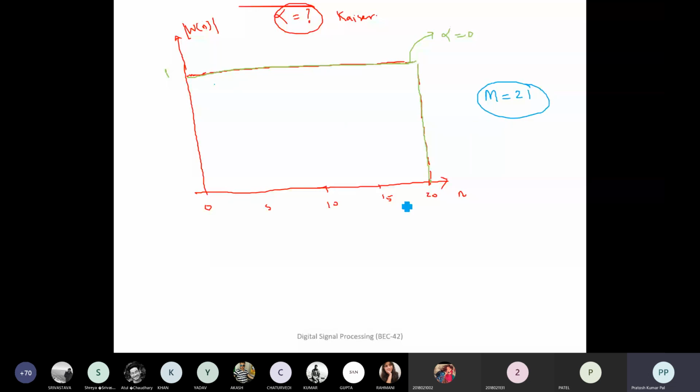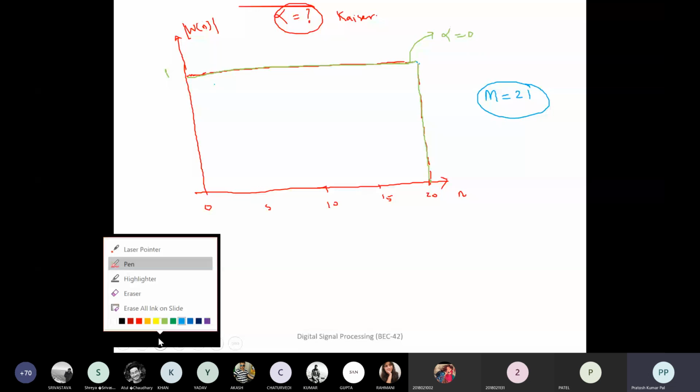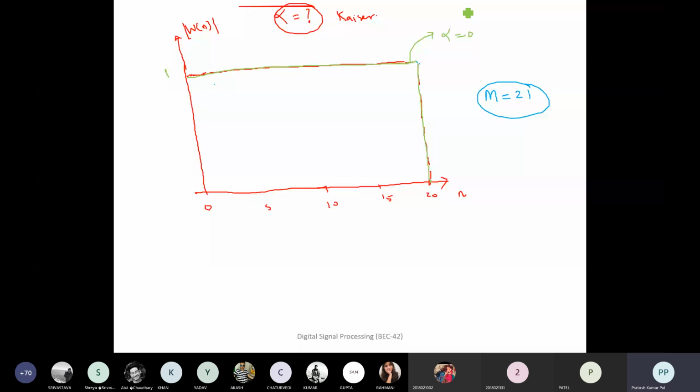This is an example having samples 0 to 20, with an order of 21. If alpha is 0, then that will give you the rectangular window. Alpha equals 0 gives out the rectangular window. Similarly, if we change the alpha value to 1,